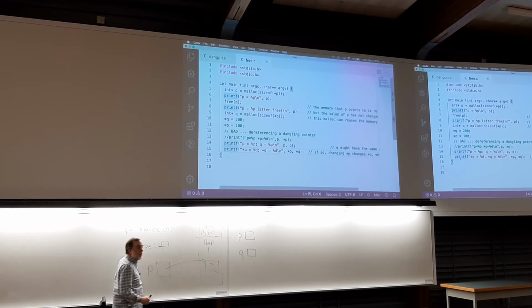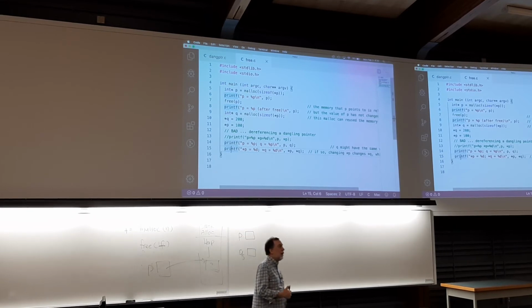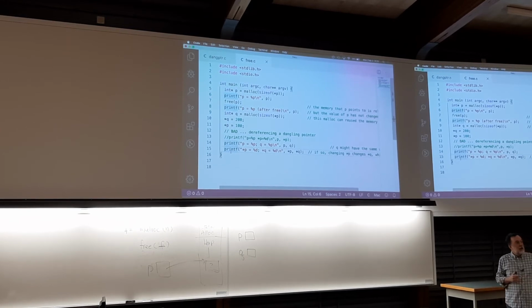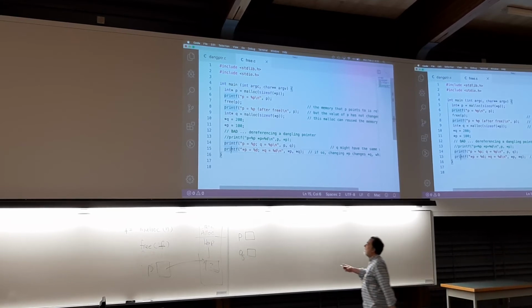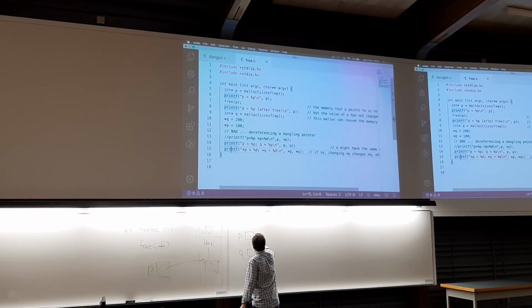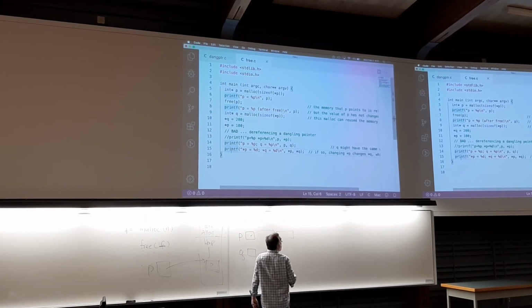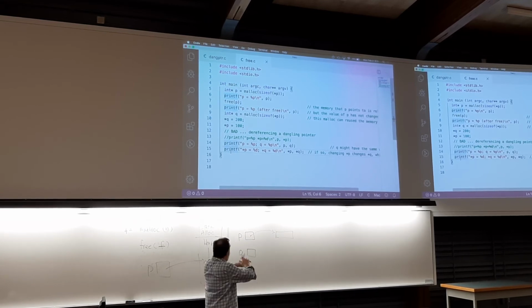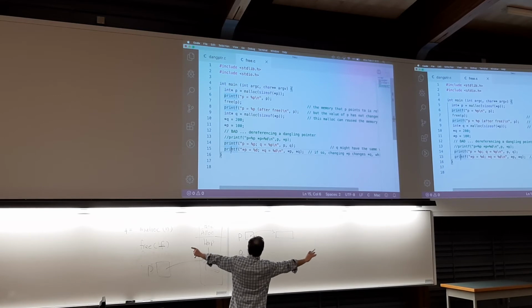Okay, so does anybody see what happened? What happened here? Yeah. Exactly. So what happened here was that the first malloc allocated an int somewhere. And then I called free, and absolutely nothing changed, except that this now is marked as